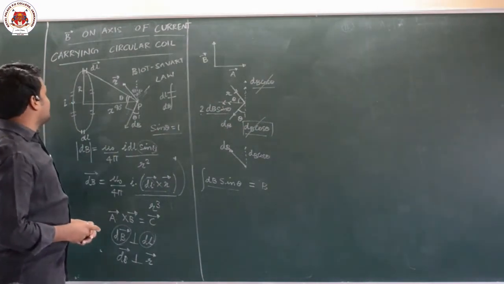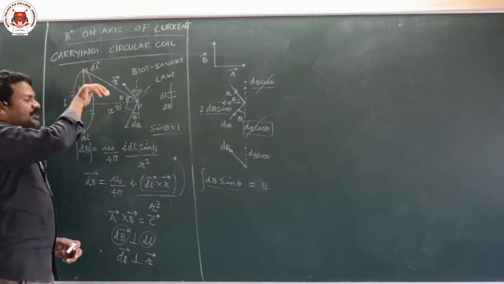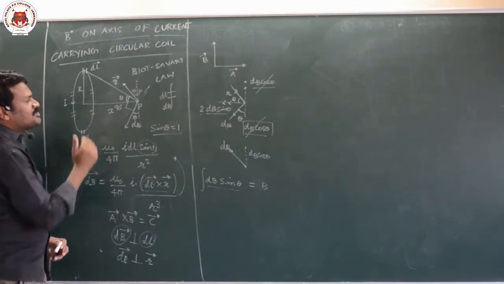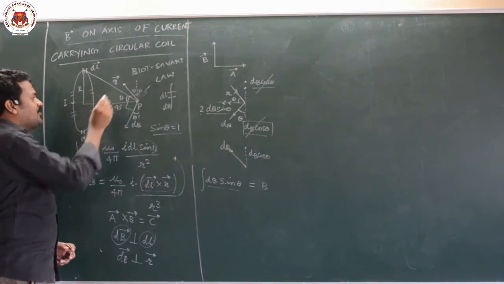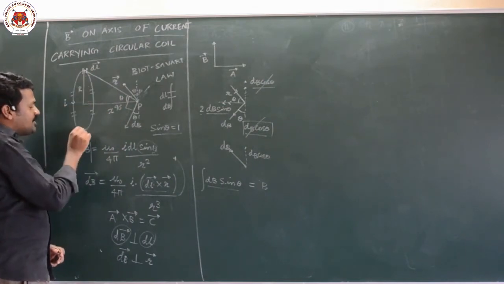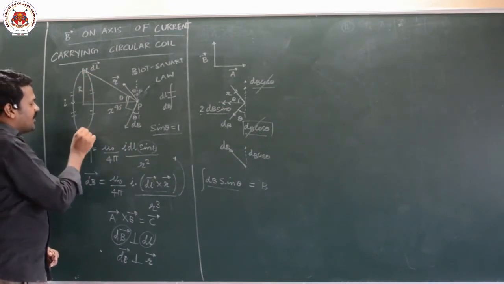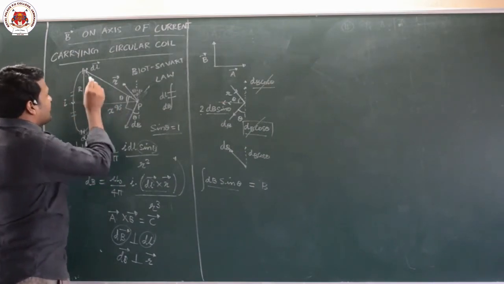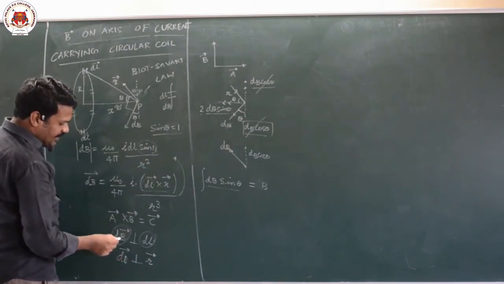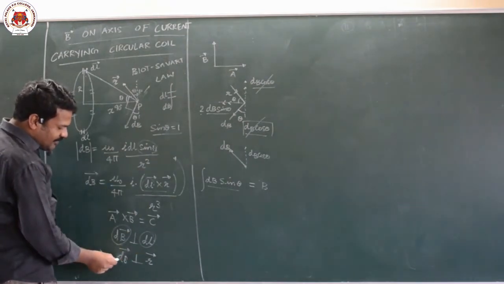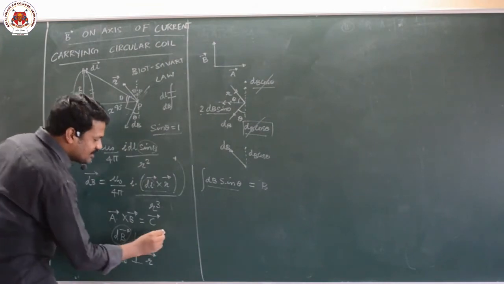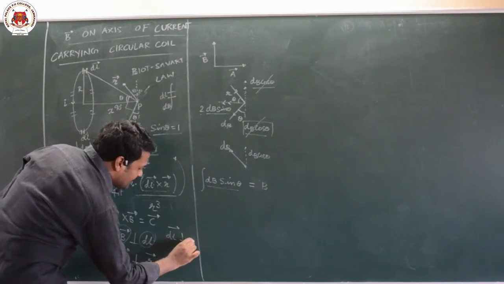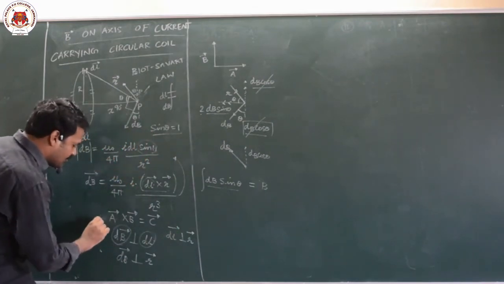So once again, see the direction, current is entering like this, this is the direction of magnetic field. Similarly here, current is coming out, this will be the direction of magnetic field. This is one dB, this another dB, produced by two opposite elements of current. The angle between dl and dB is 90 degrees, the angle between dB and r bar is also 90 degrees, and the angle between dl bar and r bar is also 90 degrees. This is a very important condition that you have to remember here.